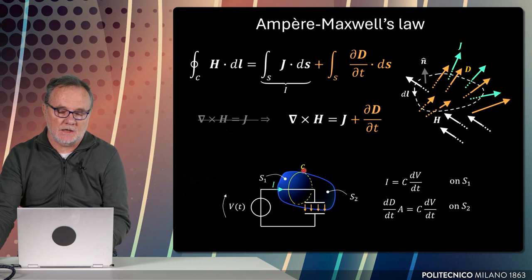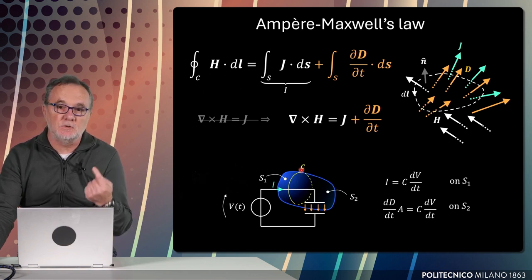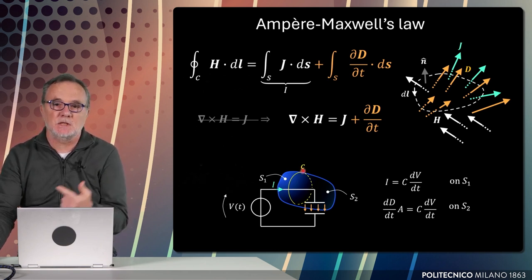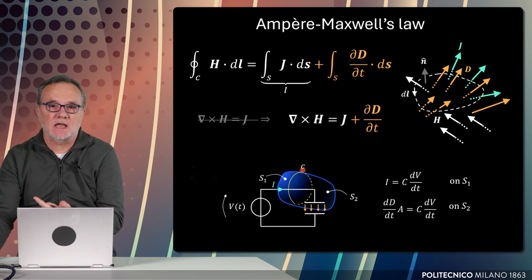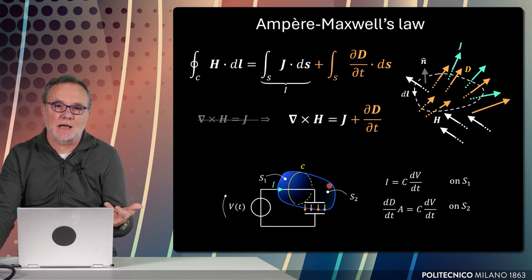out the circulation of H, should provide the same value for the right-hand term, because on the left-hand term we have the same circulation of H. Unique value for the circulation must equal the same right-hand term in this equation, because these two surfaces, S1 and S2, have a common boundary, which is the line on which we carry out the circulation.